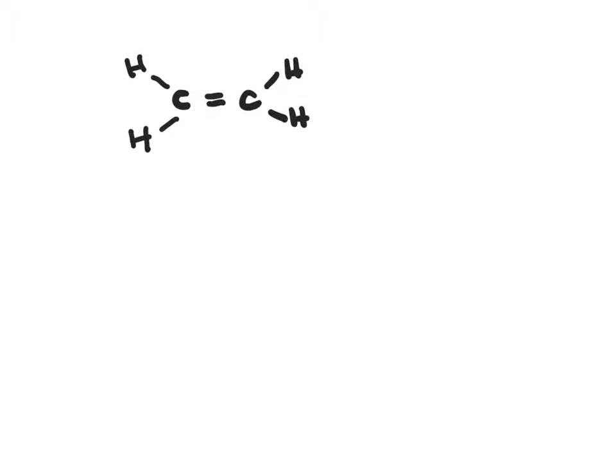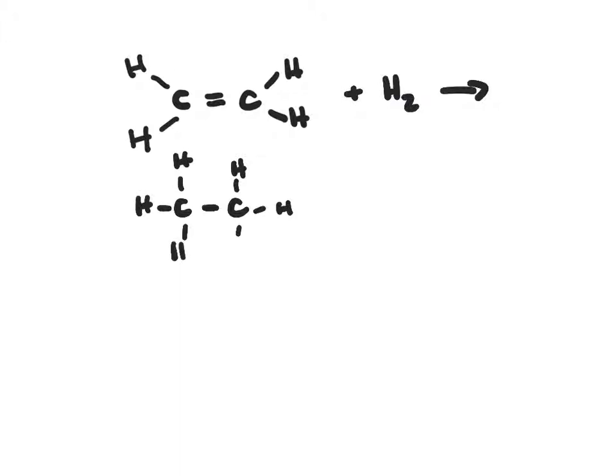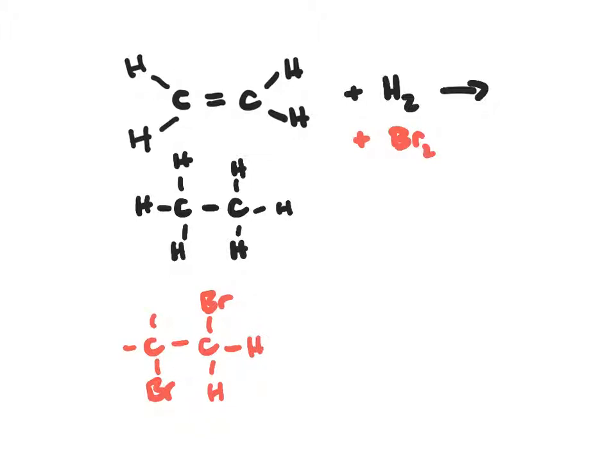Let's look at a few examples of how ethylene can react with other substances. So for example, if we reacted it with, say, hydrogen gas, the product that we would produce would be ethane, because all we've done is open up that double bond to produce this molecule. But how about we, instead of hydrogen gas, maybe react it with, say, bromine. Now, bromine would produce something like, I hate drawing this, but let's say we put a bromine there and a bromine there. No longer is it an alkane of ethane, it's whatever you would call that,